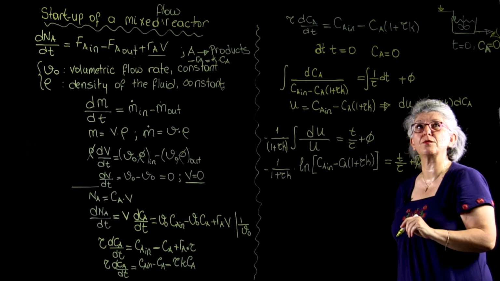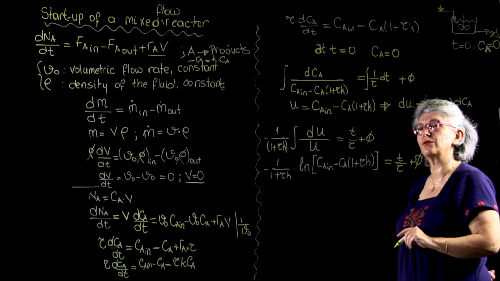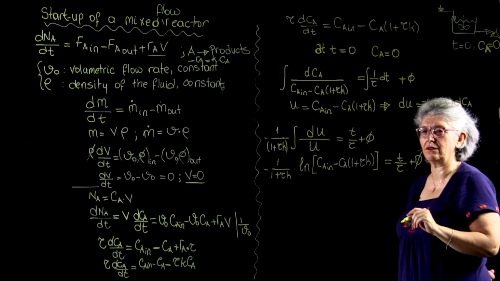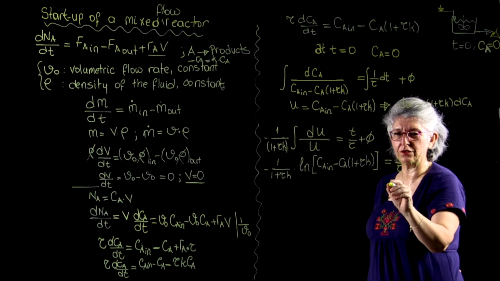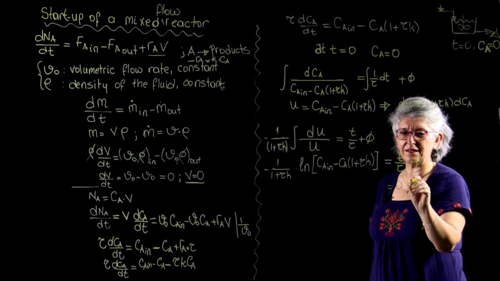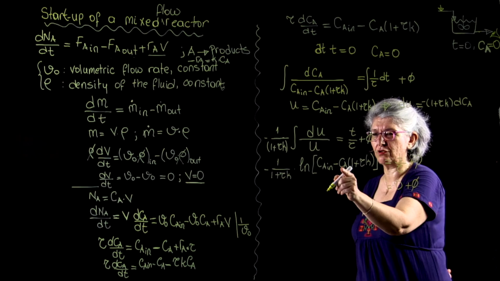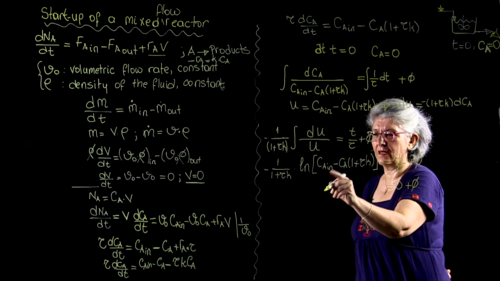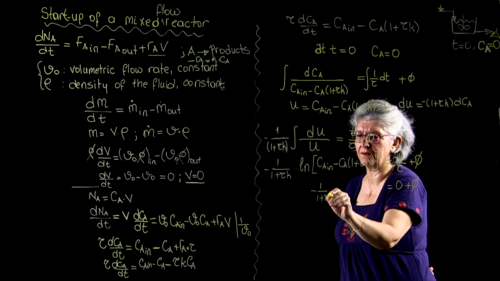Now I'm going to substitute my initial condition: at time t equal to 0, Ca is equal to 0. So when time t is equal to 0, this term is equal to 0, and this term disappears. I am left with minus 1 over 1 plus tau k